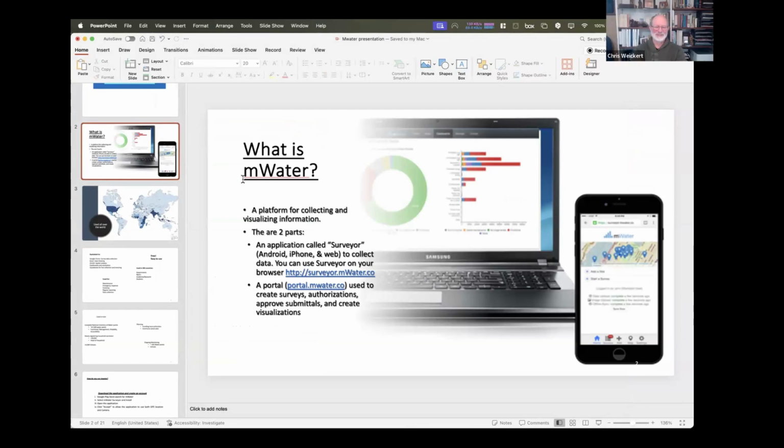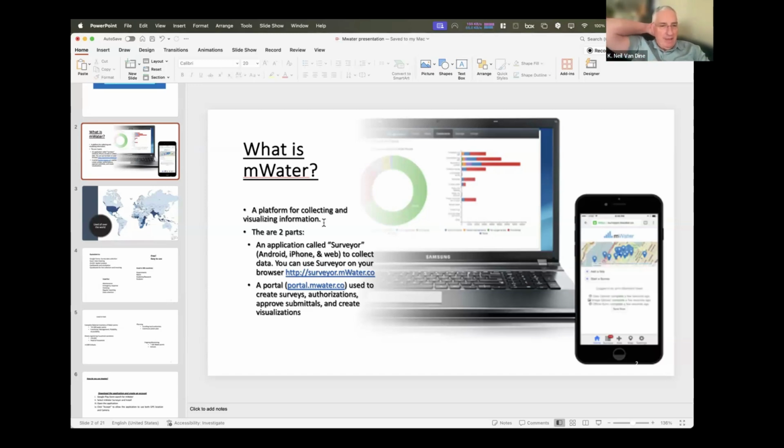All right. But mWater and, as Chris mentioned, Solstice are really the same thing in the background. They're just two different skins of looking at it. Both are platforms for collecting and visualizing information, and there are two parts to it. One is an app called Surveyor that works on the iPhone, Android, and on the web to create and collect data.